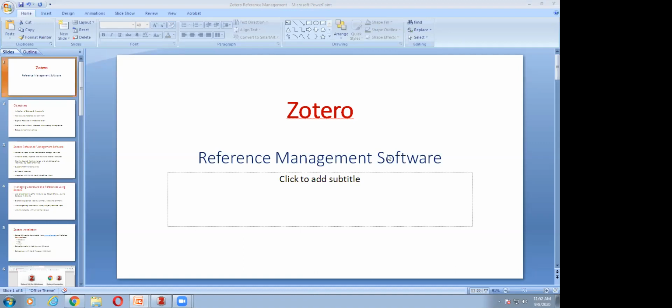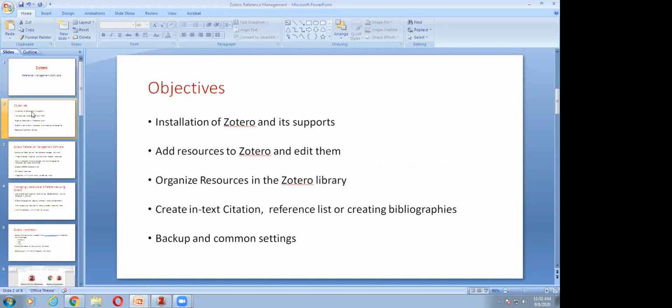Hi, good morning. This is the presentation about the Zotero reference management software, and the presentation will cover the installation part of Zotero and also the support it requires, like Chrome and MS Word.